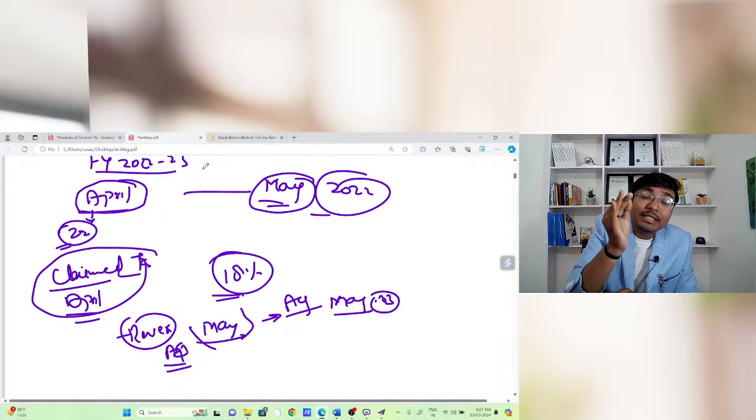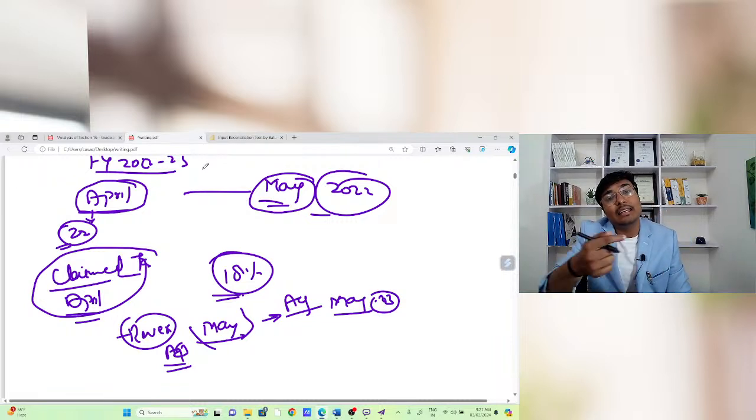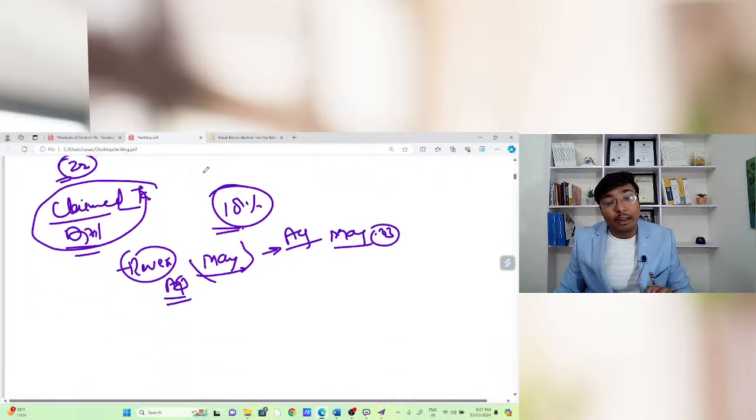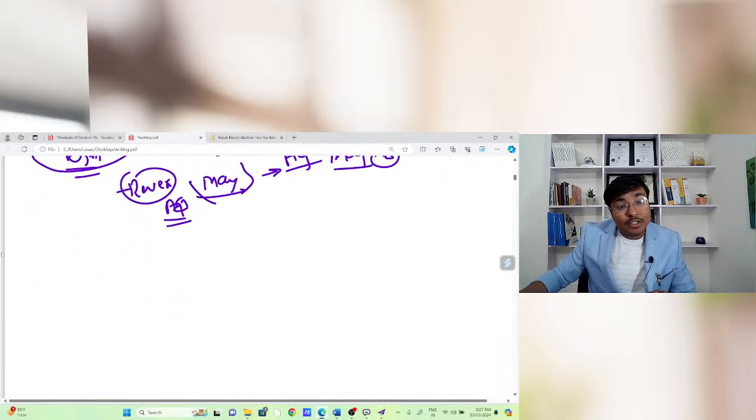But if the taxpayer has claimed the input tax credit, in that case that person has to reverse the same in the next month, and when it is reflected in the next month, that taxpayer has to claim the same. Okay, now suppose during the business audit,